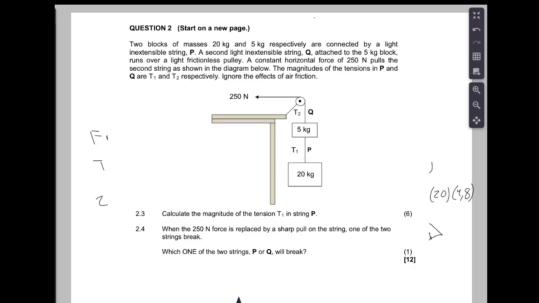Why? If you add a sharp pull, that causes string Q to experience a massive force, a spike in the force of inertia, because right now it was standing still. This now would force T1 to pull with a great